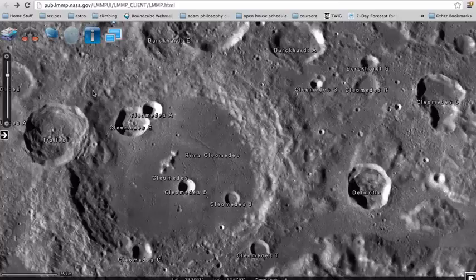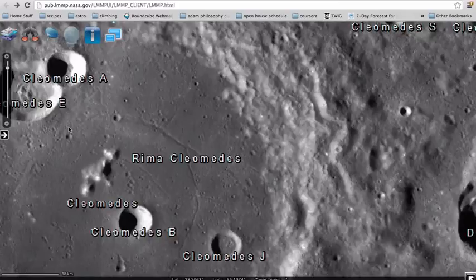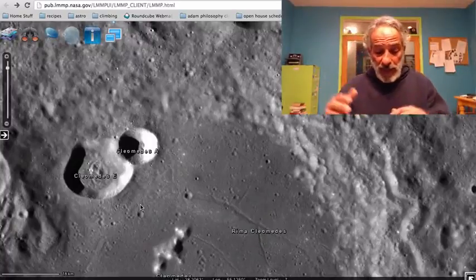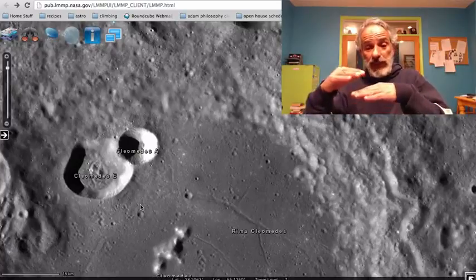And similarly, going up here to the north, we see that Cleomedes E postdates Cleomedes, and Cleomedes A, this nice sharp round one, postdates Cleomedes E. And so, because we have craters upon craters upon craters, and if we magnify further, we can see yet more craters upon them, what we can see is that we can begin to order things in terms of the order in which they occurred by not only the degree of cratering, but also precisely ordering the craters one on top